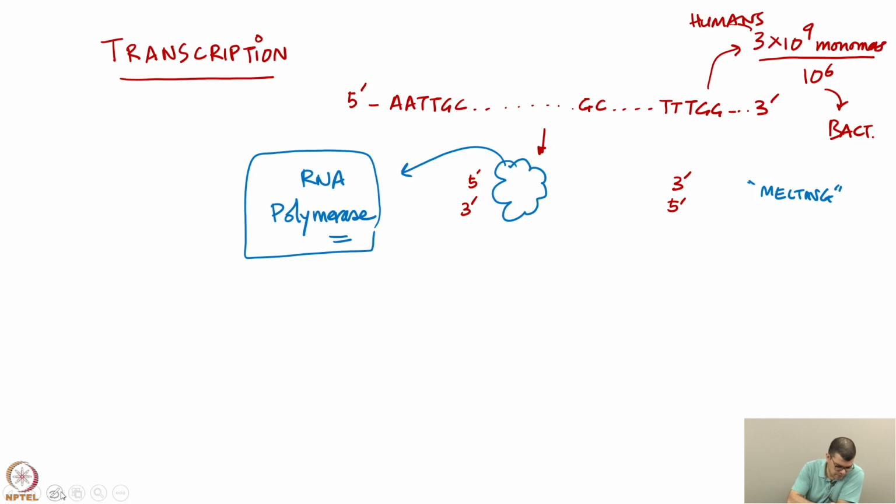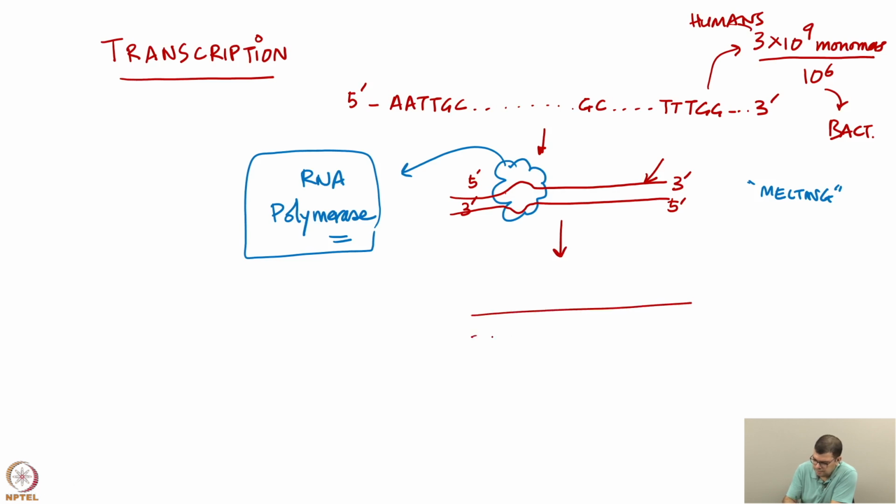So, what this machine does, it separates the two strands, breaks the hydrogen bonds that are present there, and then it reads one of the strands and basically makes a copy of the strand which is going from 5 prime to 3 prime end. So, it scans this piece of DNA and makes an identical copy of the 5 prime to 3 prime strand that it is reading, and at the end of this process, when the machine reaches here, it is going to look like this. So, we have the two DNA strands as they are, because their job was just to be read. The machine does its job and reaches the end of the DNA fragment that we are interested in,